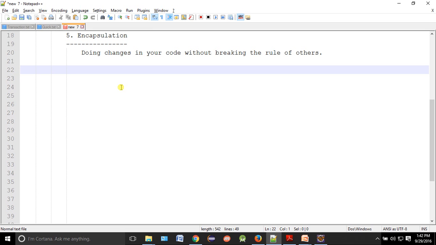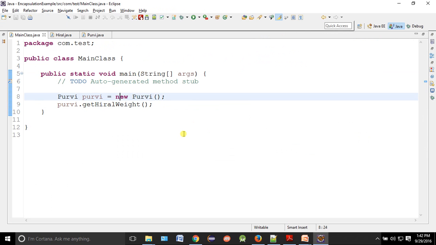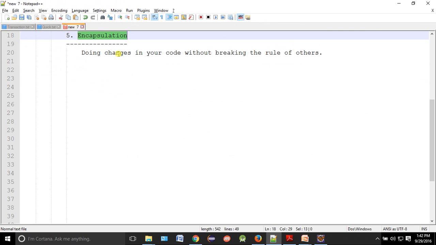So here we are going against what mechanism? Encapsulation. Now how to achieve encapsulation?